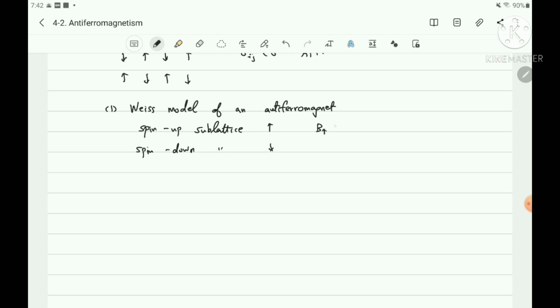And the B spin up is minus lambda M. That is from the molecular field theory, and the nearest spin affects the magnetic field